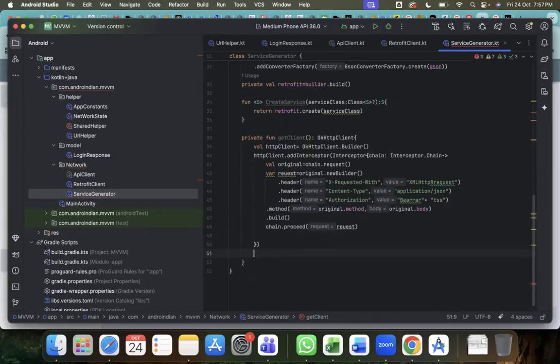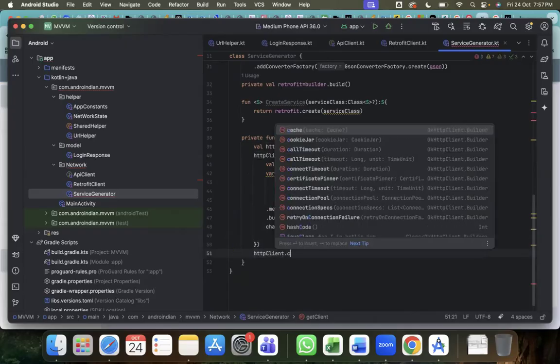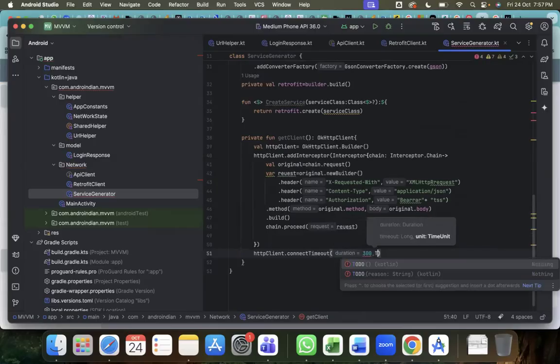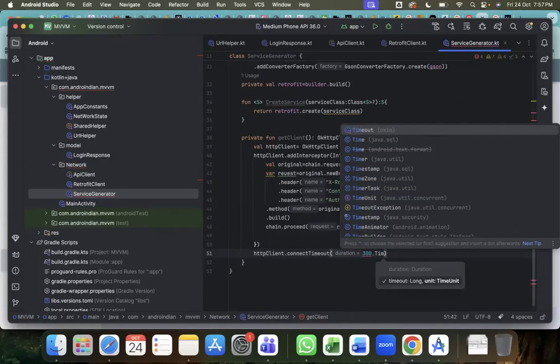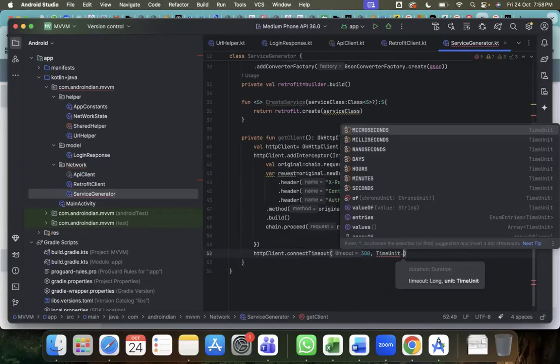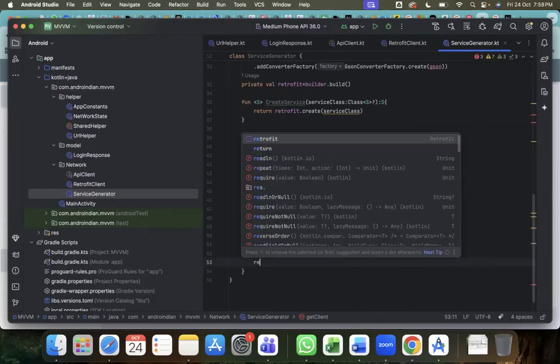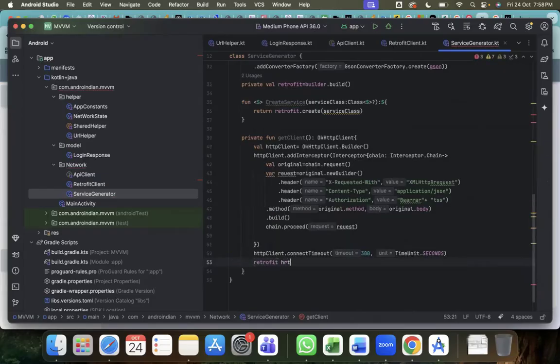So then outside of this, now we have to add one thing, that is HTTP client dot connection timeout. So like we have to define how much time it will be. So I'll give that as duration. So means it will be 300, we'll give 300, so that it will be 5 minutes. So we have to define the time unit here. So I'm giving time unit in seconds. Then if that time is exceeded, the request will fail, and